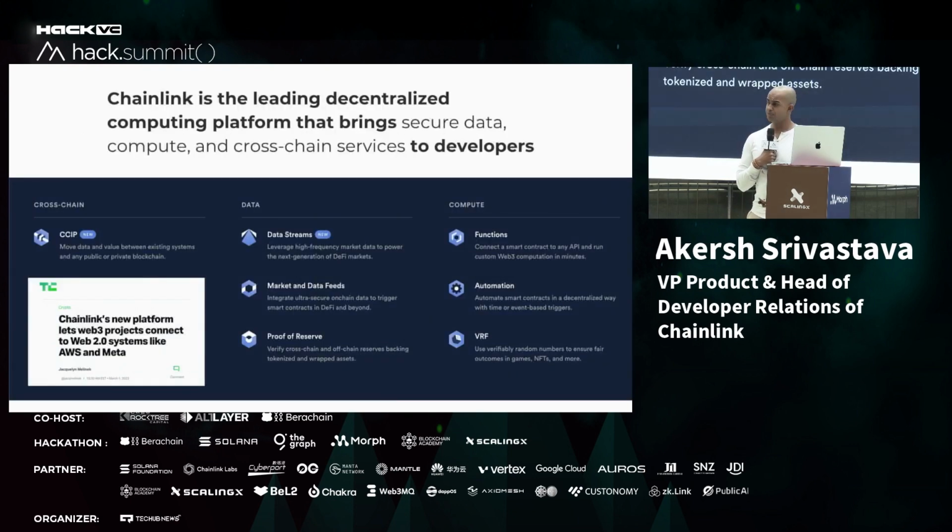And so these are some of our products. We have CCIP, which is brand new, released pretty recently. And what that does is allow developers to take whatever data they have on one chain, whether that's permissioned or public, and move it across chains. Because we believe that in a truly efficient, super connected world, in order to really embrace those network effects, we have to do more than just bring data to one chain at a time. We have to allow every single chain to be able to talk to each other.